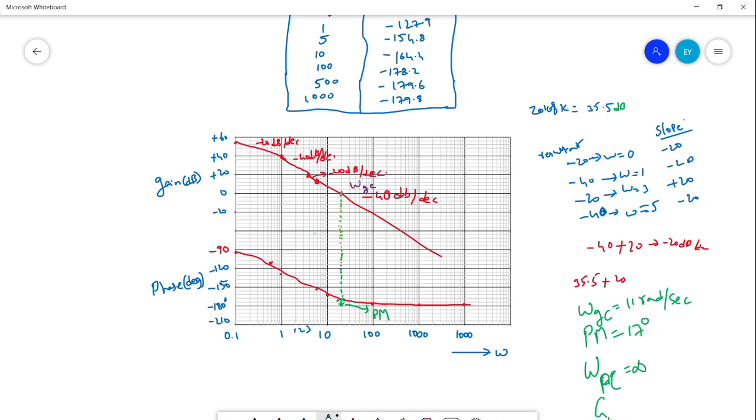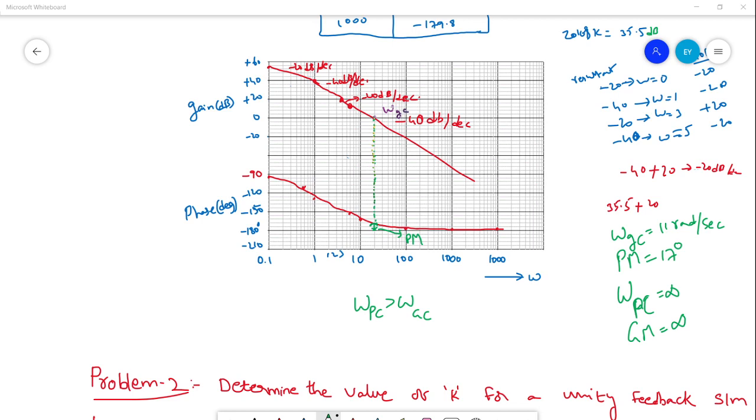Then the gain margin. From where do we get the gain margin? If you draw a perpendicular from the phase crossover frequency, the point at which the gain plot meets the perpendicular is considered as the gain margin. But here, since the phase crossover frequency is infinity, the gain margin also will be infinite. We can't draw any perpendicular from the phase crossover frequency, right? So gain margin is infinity.